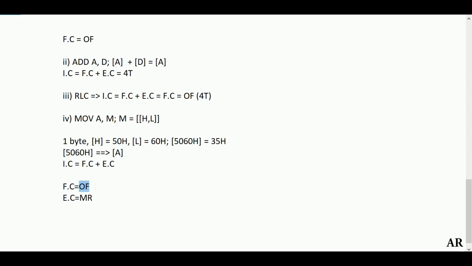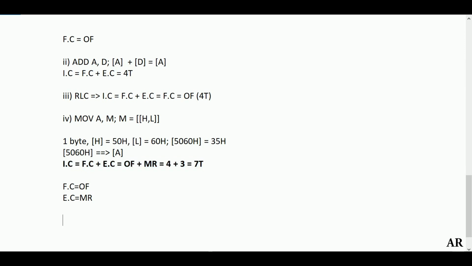In the execution part, execution means it has to implement what this instruction says. This instruction says the content of the memory pointer needs to move to A. For that, it needs to read this memory address. That is why the execution cycle comprises memory read. Therefore, this instruction cycle equals opcode fetch plus memory read, that is 4 plus 3 T states, equals 7 T states. So this is the final answer for your move A comma M.